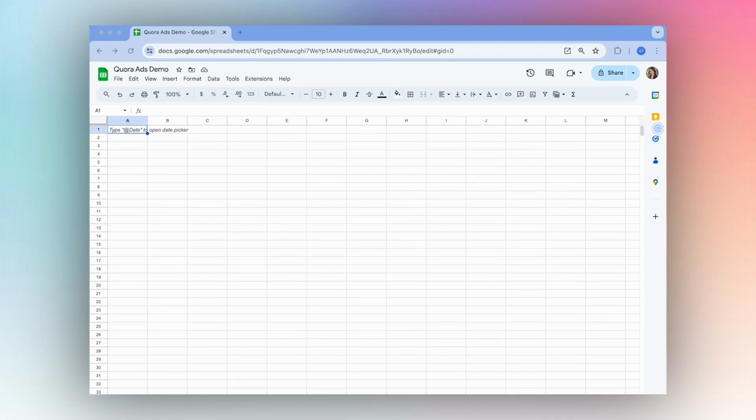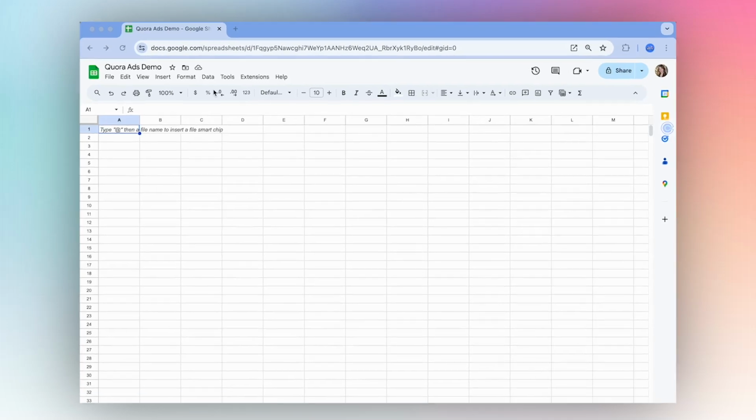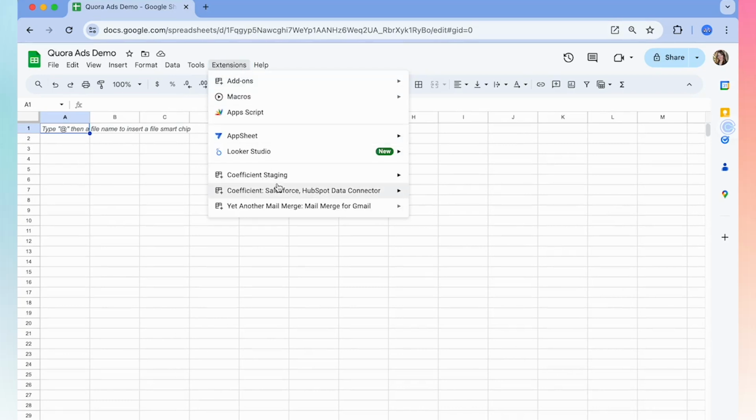Today I'm going to show you how to get live Quora Ads data directly into your spreadsheet using Coefficient. Once you've installed Coefficient, launch the extension